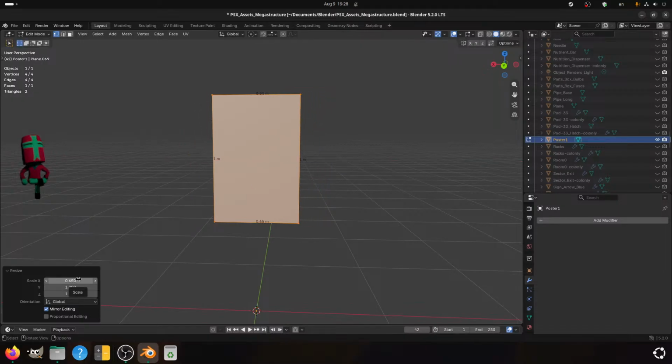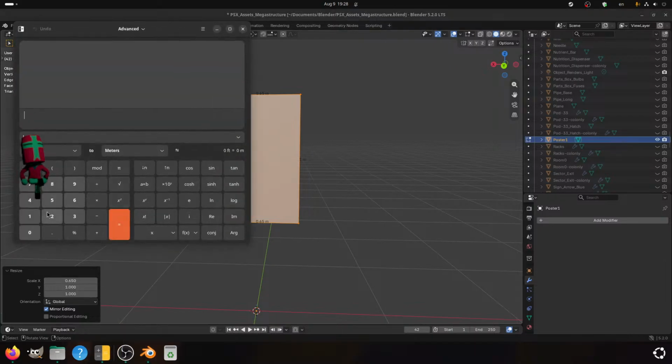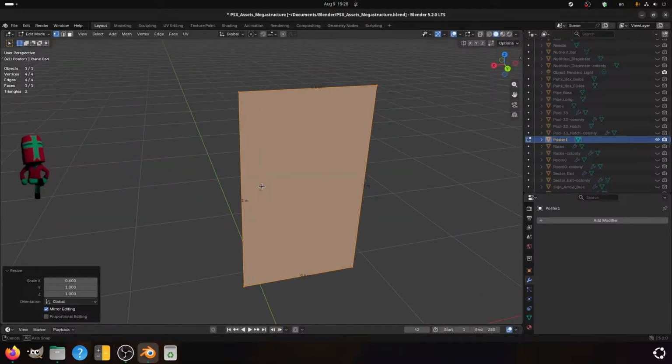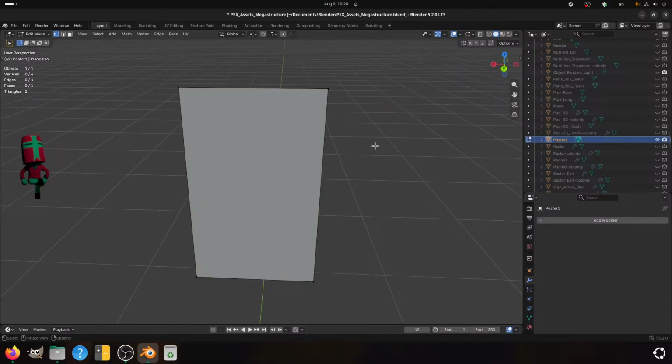Right, that is the 0.6. Could have figured that out on my own, now that I think about it, but my brain is not working at full capacity at the moment.